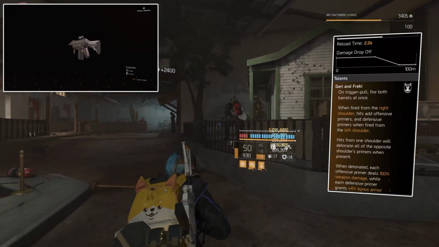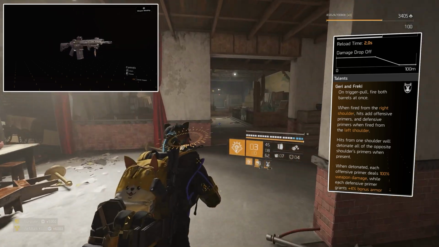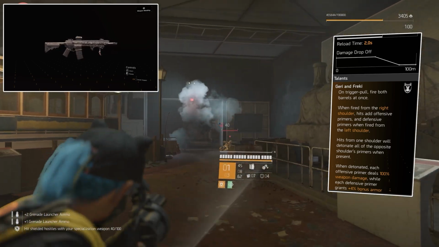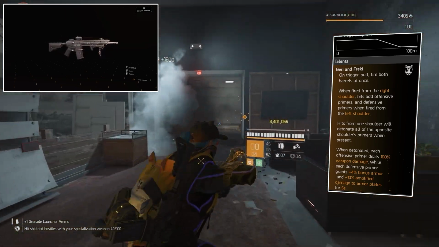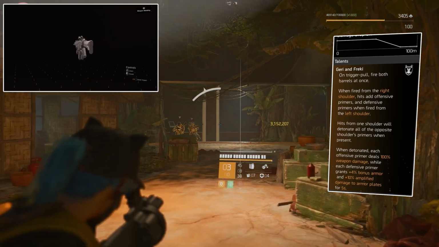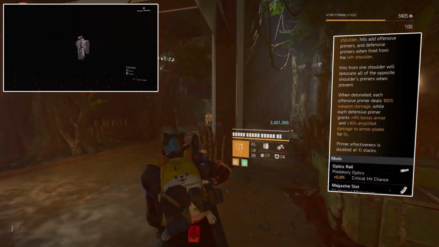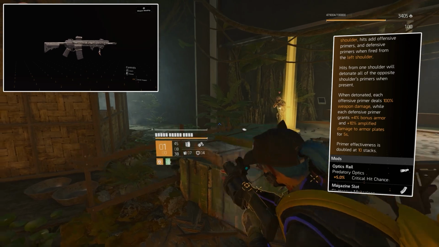And the reason I'm using the Ravenous is because it does a load of explosions, like I'll read the talent for you now. On trigger pull, fire both barrels at once. When fired from right shoulder, hits add offensive primers, and defensive primers when fired from the left shoulder. Hits from one shoulder will detonate the opposite shoulder's primers when present. When detonated, each offensive primer deals 100% weapon damage, while each defensive primer grants